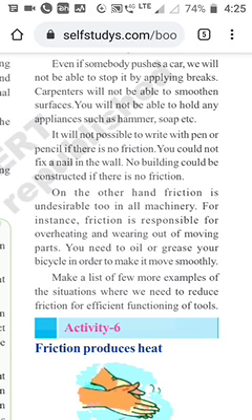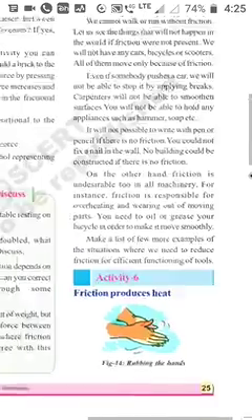What is a bearing? Why do we need the bearing? To move easily and continuously, we need the bearings. There are types of bearings. Ball bearings: that means the balls are kept inside the round part. That one is called ball bearings. So for anything to move freely, we need ball bearings also. So next, activity 6. All of you understood?